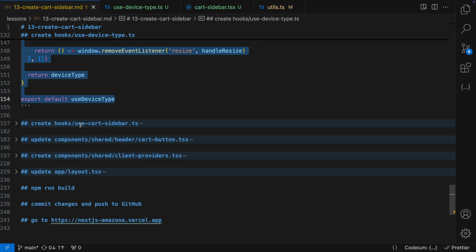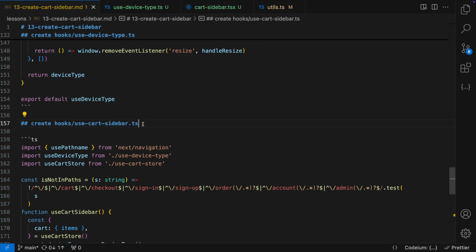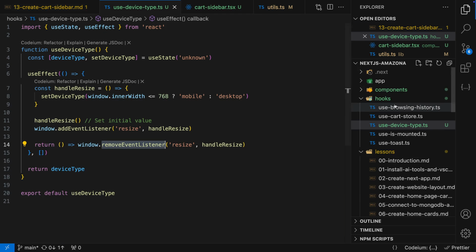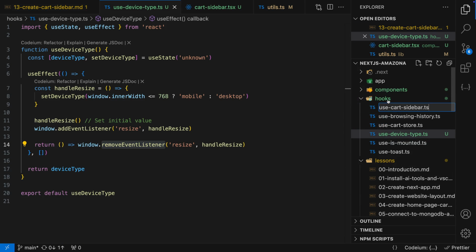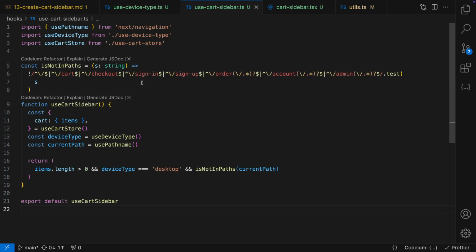Next step is creating the useCartSidebar hook. Let's go to the hooks folder, new file, useCartSidebar. Here is the code of it. First of all, we define the isNotInPath function. It accepts s as a string and checks if the string is not in these paths: /cart, /checkout, etc. Then render the